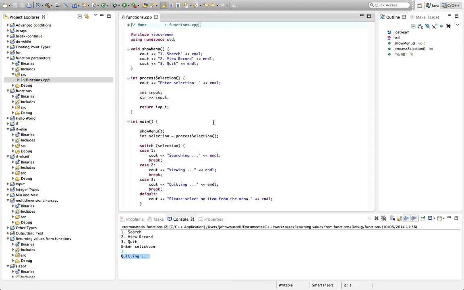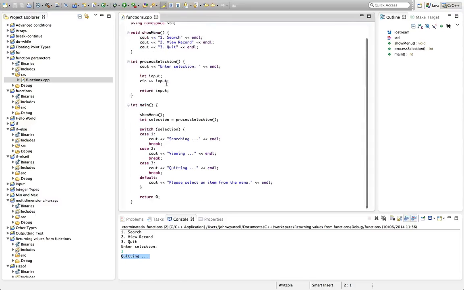caveofprogramming.com. In this tutorial, we're going to look at passing values to functions. So here I've got the code from the last tutorial, and I'm going to start by changing this, because one thing I forgot to do in the last tutorial was rename this function. This function that we created is called process selection, but it's actually just getting user input, and the selection is